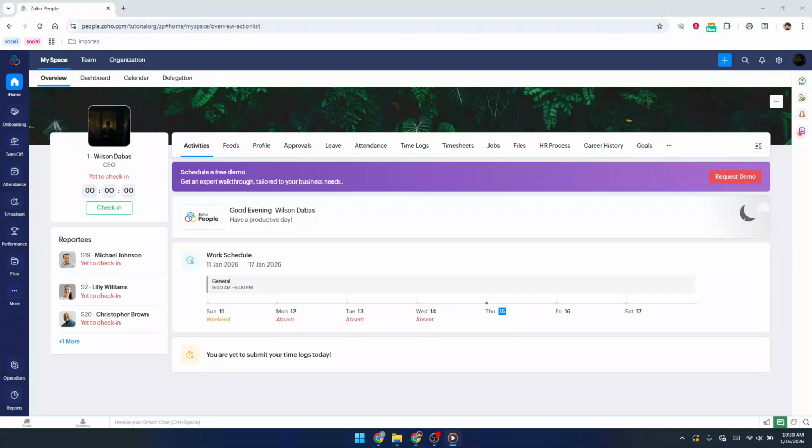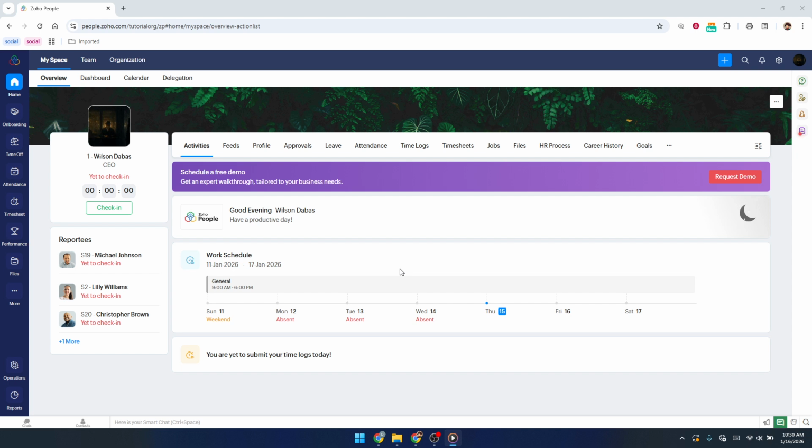In today's video, I'm going to teach you how to visualize the organization structure on Zoho People. Understanding your organization structure is really important, especially as your team grows. Zoho People gives you a clear visual way to see who reports to whom and how departments are laid out, so you can quickly understand relationships and chains of command. In this walkthrough, I'll guide you through exactly where to click and what you're looking at, so you can confidently